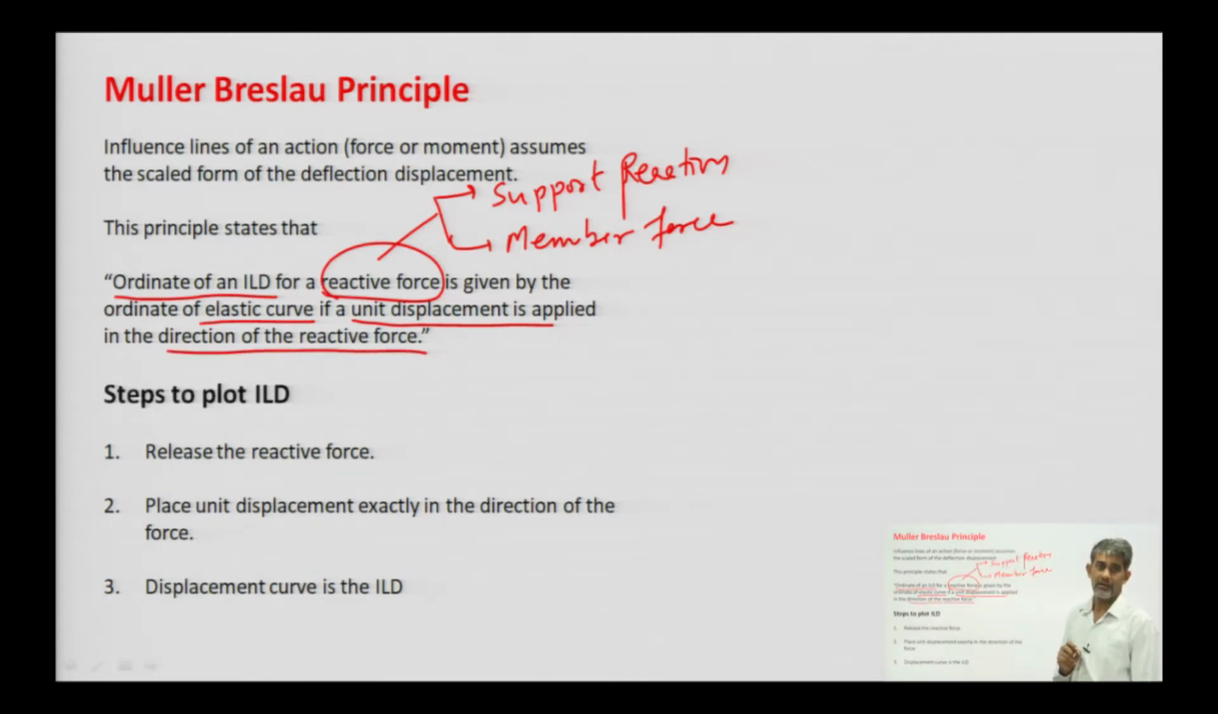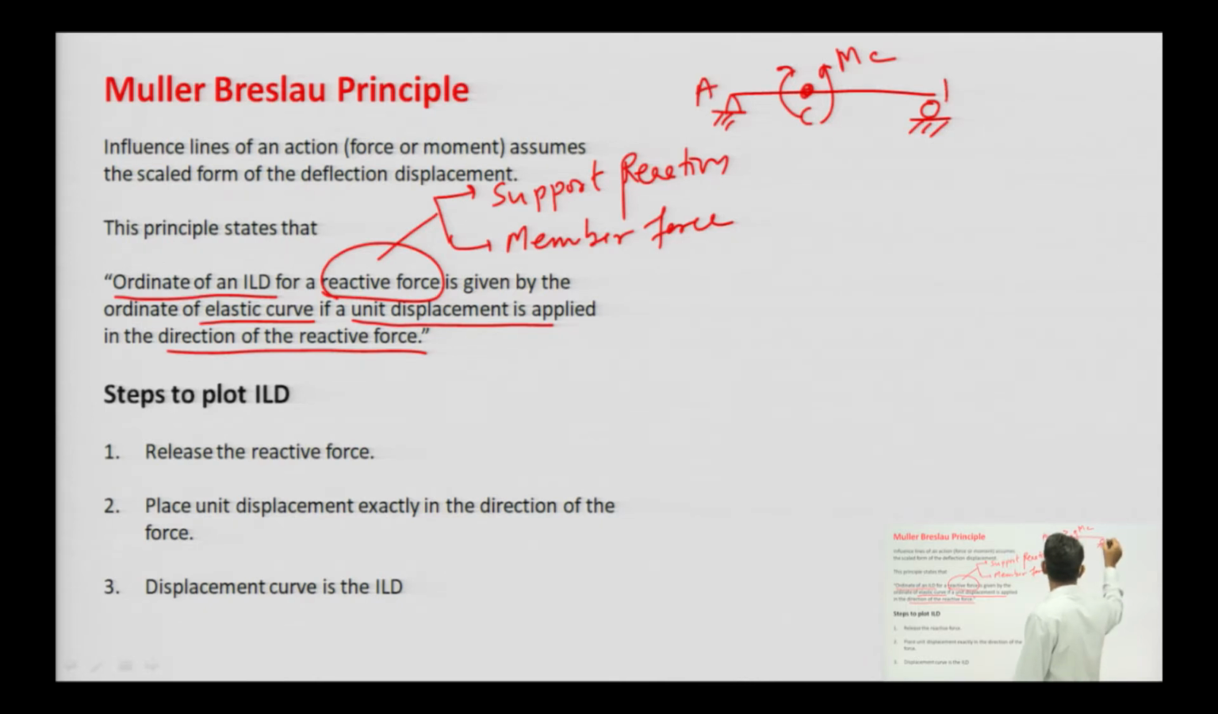What does it mean? How can a unit displacement be provided? That you need to understand. Suppose we have a simply supported beam, and we need to plot the IL for bending moment at this point. Suppose this is point C, this is point A, this is point B. How can we provide the unit displacement at point C